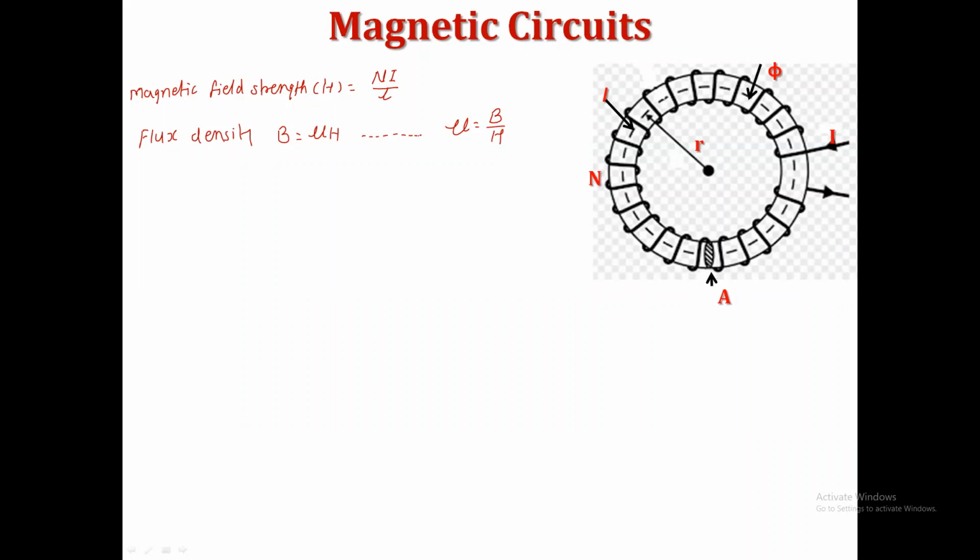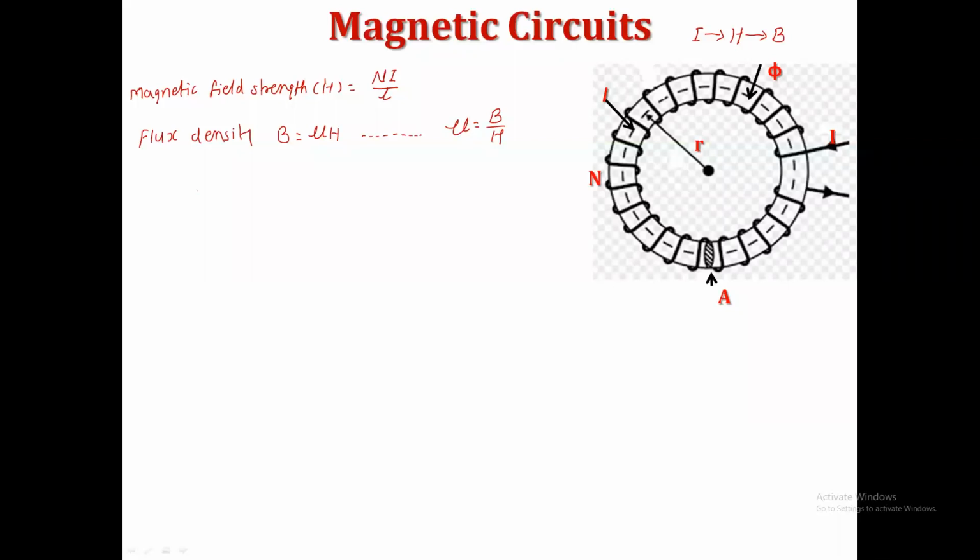So the flux density is equal to mu into H, and this H, the magnetic field strength, will produce the flux density. See the sequence now. Current flowing through the coil will establish the magnetic field strength H inside the coil. Magnetic field strength H will decide the flux density at any point in the magnetic field. Get my point? This is the sequence here.